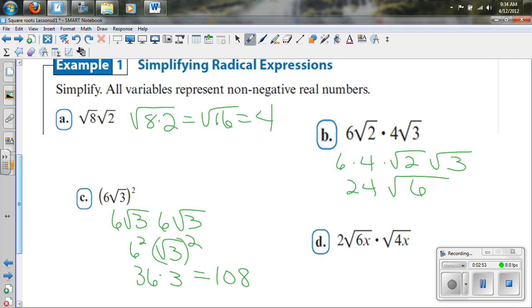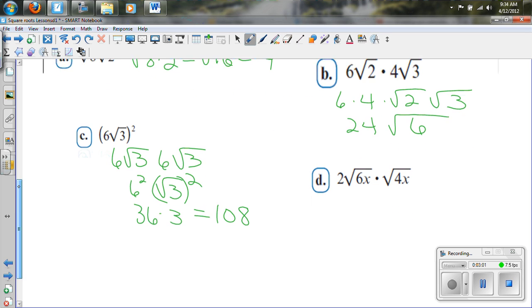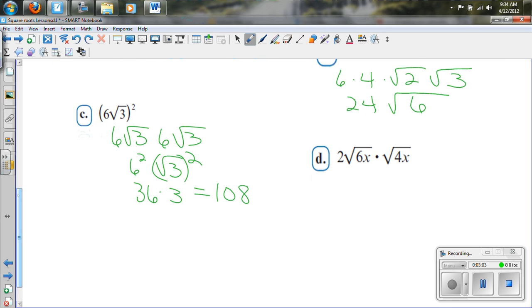Here, we have variables now inside of our square roots. But we do the same things we've always done. The 2 is outside, so we're going to take and combine only the 6x and the 4x underneath the radicand. So this is 2 square root of 24 x squared. But now we need to break that down because that is not in simplified form. And so really we could have left it